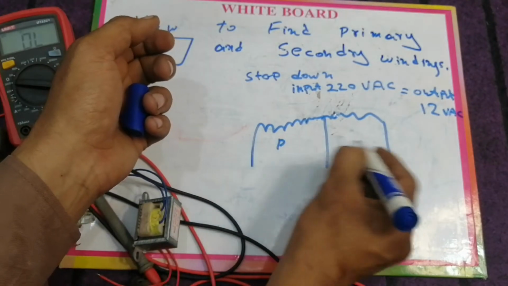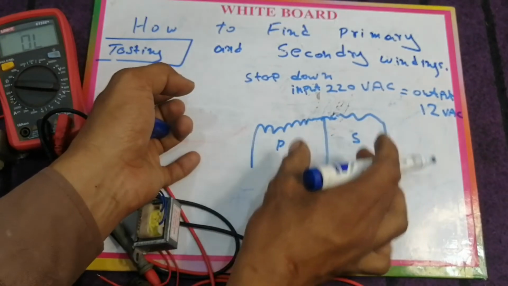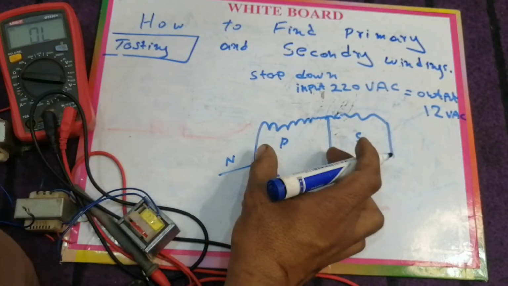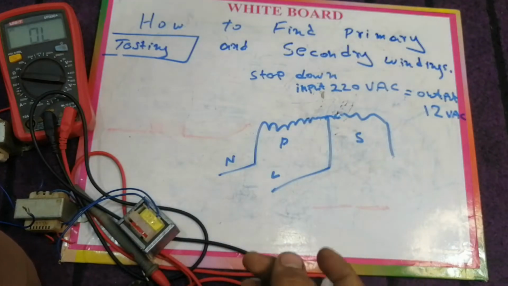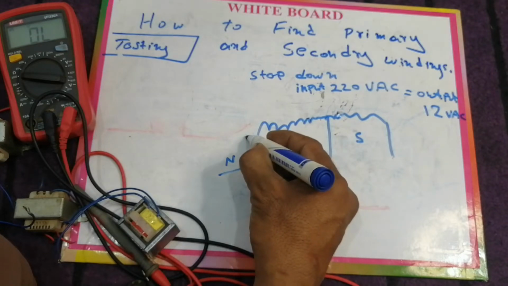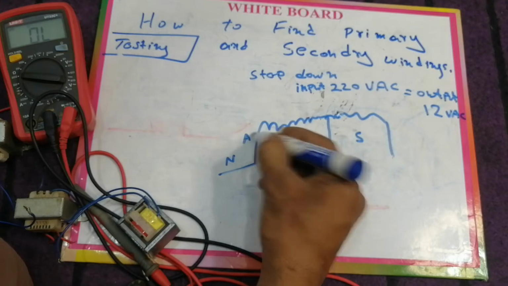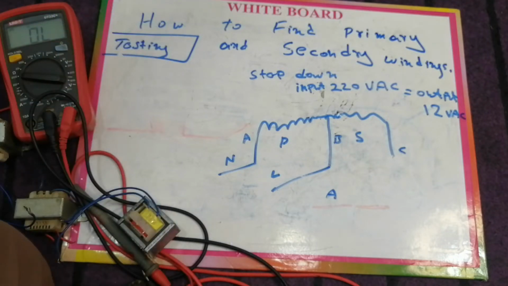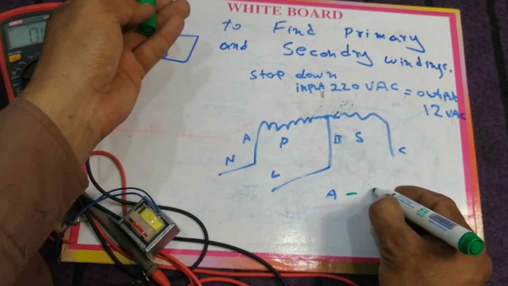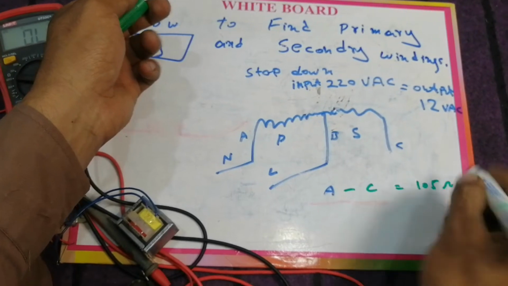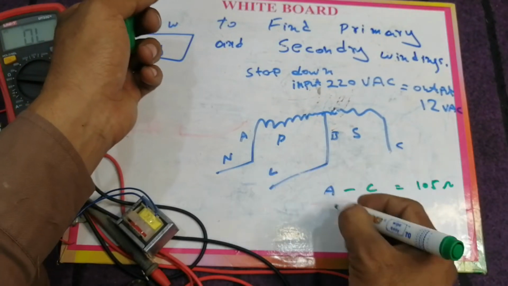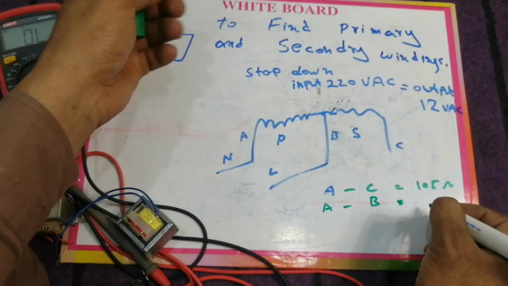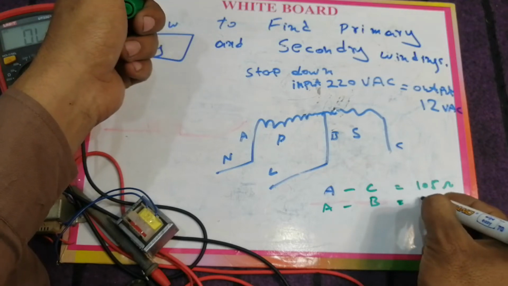So for example, this is the primary side and this is the secondary side, and we have a connectivity with one another, primary and secondary, and the input is neutral and line. So if we want to find out the primary and secondary, first we need to test the resistance between these points, if I name them A, B and C. Let me change the marker. If the A and C resistance is 105 ohm, for example, it's just an example, and if the A and B resistance is 100 ohms,